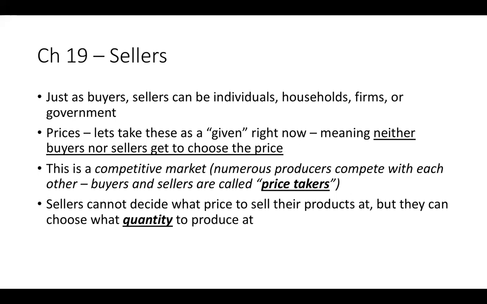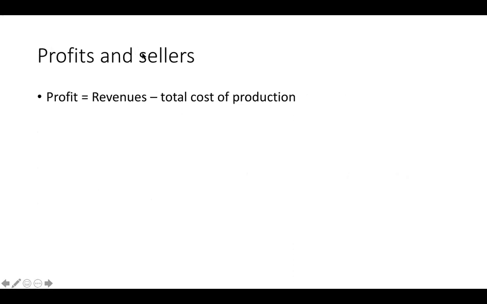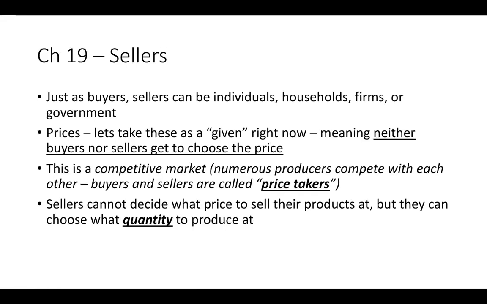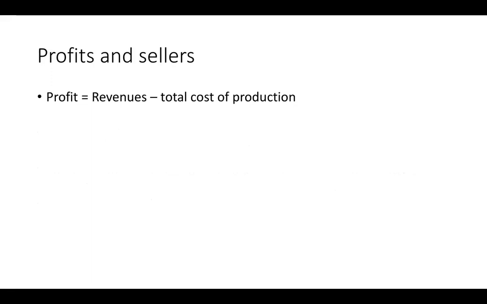So buyers and sellers, once again, get to choose at what quantity we're going to buy at this price. Whereas sellers can decide, how much of this good am I willing to supply at this price that it's being sold at? So in order to determine at what quantity we're going to supply, sellers want to, their